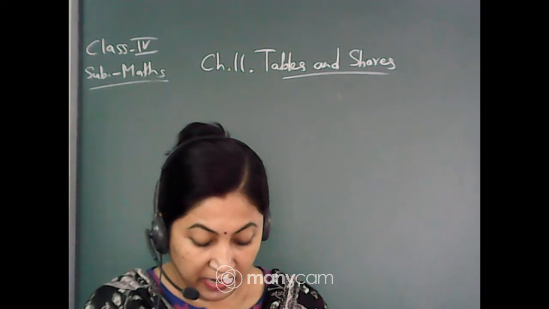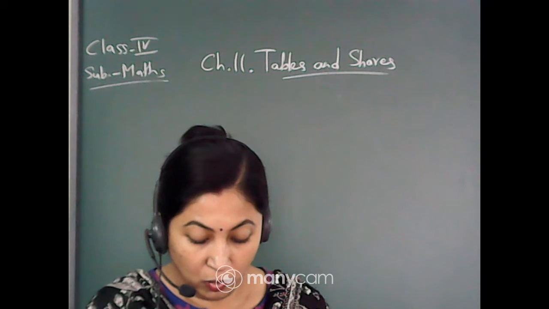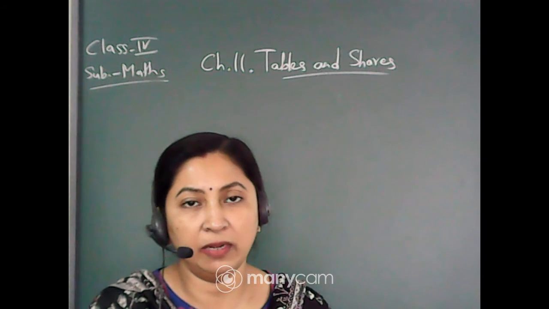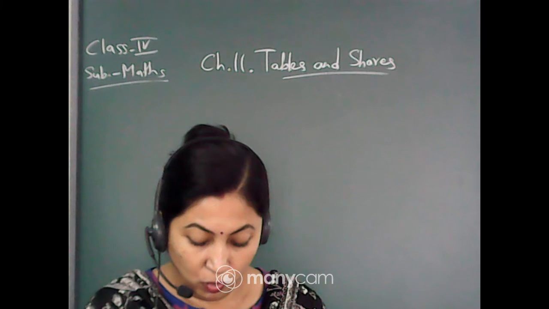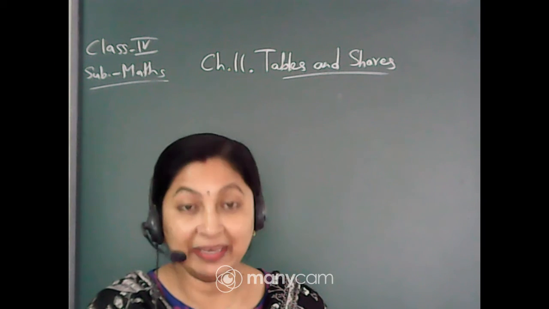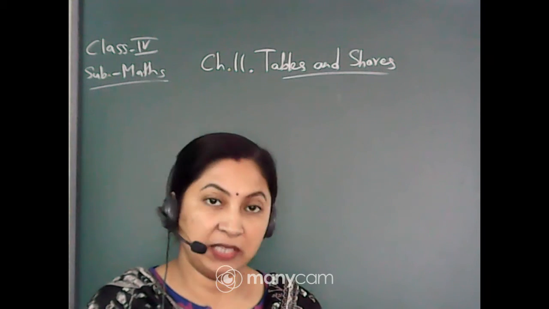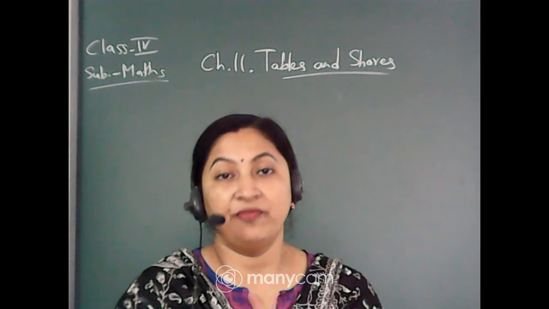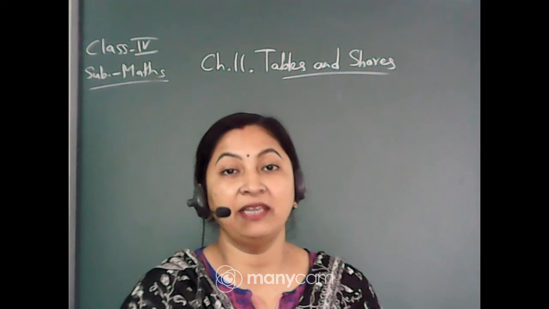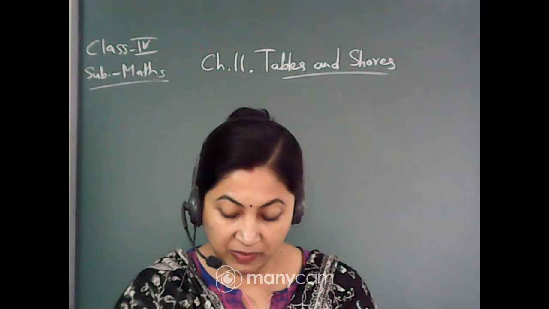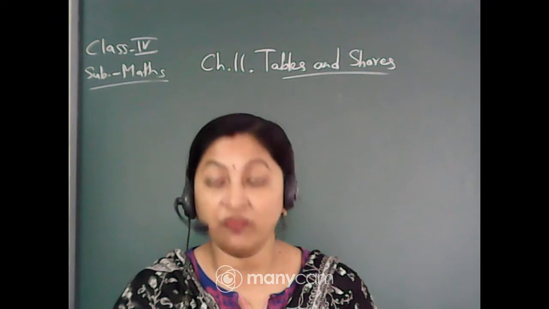Bunty: I do not know the multiplication table of 7. Now Bunty is saying that I don't know the multiplication table of 7. Guddu: I know the tables till 5, but there is an easy trick. Now she is saying I also don't know, but I know up to 5, but to find the table of 7 there is one easy trick. What is that trick? I can make the table of 7 with the tables of 2 and 5.